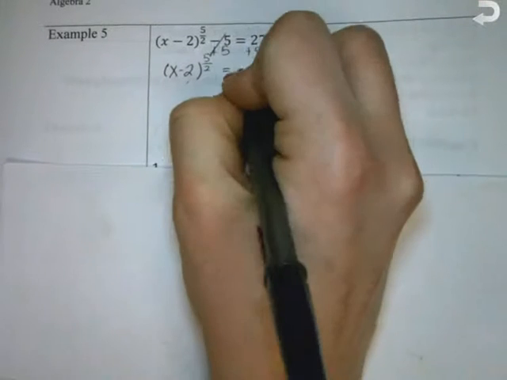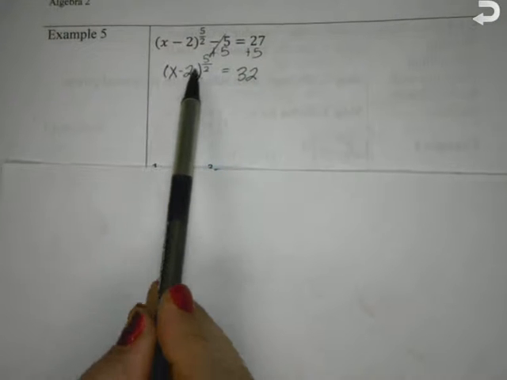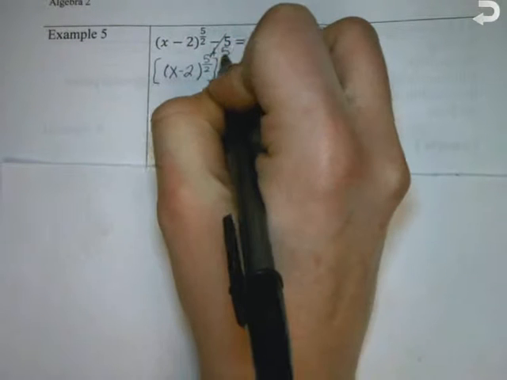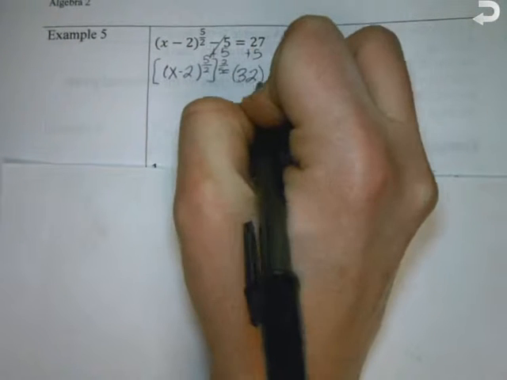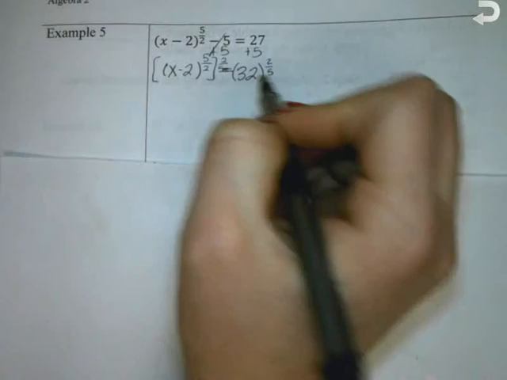Okay, now I have the exponent by itself, right? So I need to raise the whole thing to what power? 2 over 5. So I raise the whole thing to the 2 over 5th power. So everything there cancels. So on the left-hand side, we have x minus 2 equals,